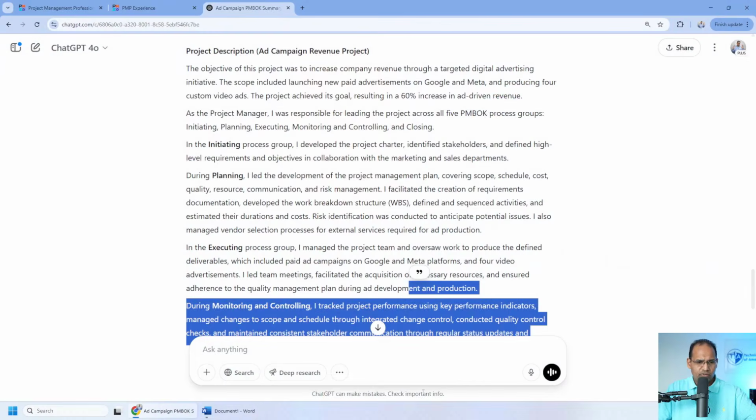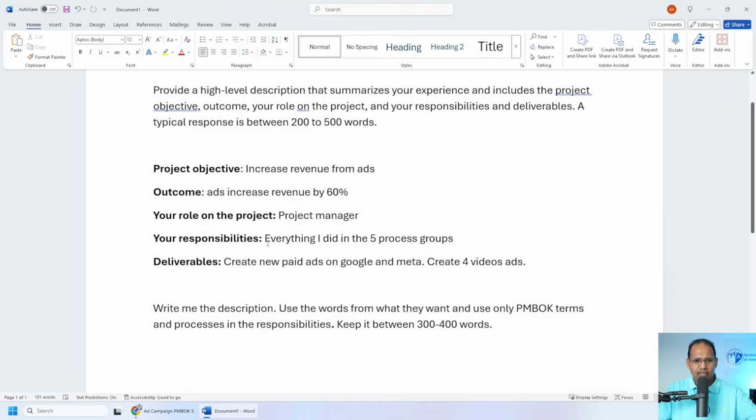I'm not done yet. The one other thing I just remembered is agile projects. If you're doing an agile project, what you guys should do is go in there and say, tell me all the agile ceremonies that I'll do. So if your project was to develop a new software, tell it to include all the agile ceremonies and pull from agile ceremonies, processes, and artifacts from the Agile Practice Guide. Let me show you what I mean for those of you agile folks. You see how I have this here? Did everything in the 5 process groups. So what I would do is I would say,